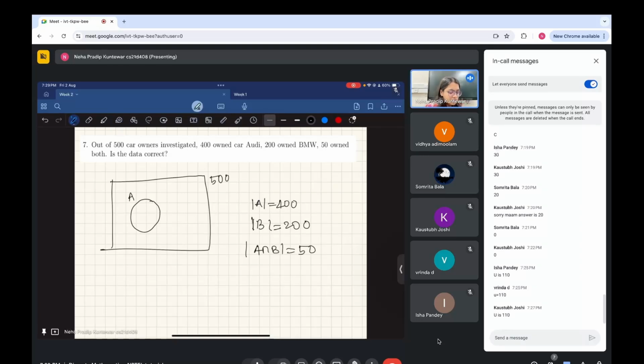So this is what it looks like in the diagram. You have 50 people in the intersection, you have 200 people in total in the set B, and you have 400 people in total in the set A. And the question is the data consistent, or is there something wrong with the